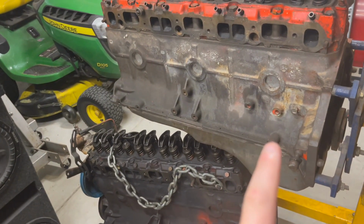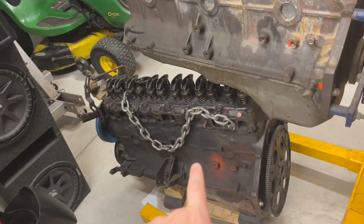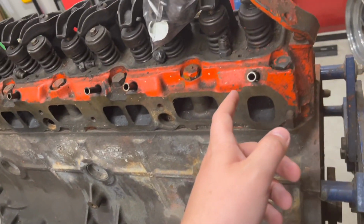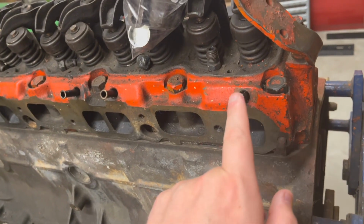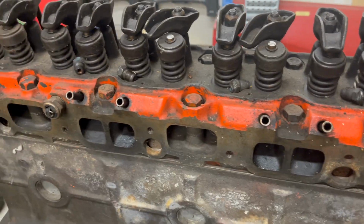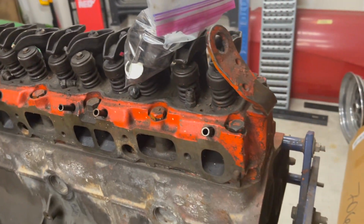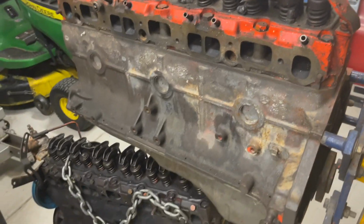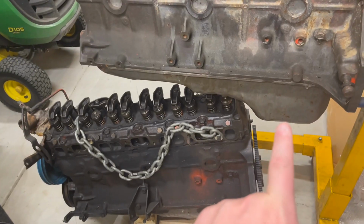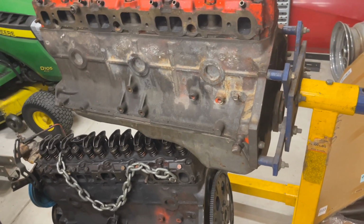This is a 250 and this is actually a 230. And also the other thing is these are emissions heads. So this is a hot air injection tube, so hopefully those can get closed off or sealed. I probably plan to send these out to Tom Lowe and have him do a similar build on my head. I finally have a couple extra blocks, so hopefully I can find some other Ross Racing pistons and build a similar short block